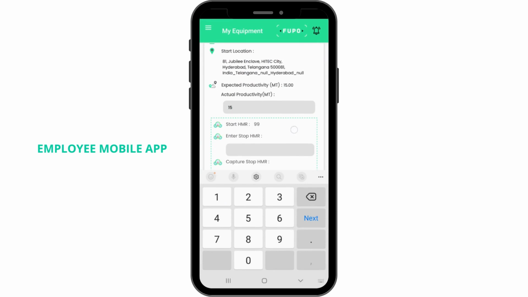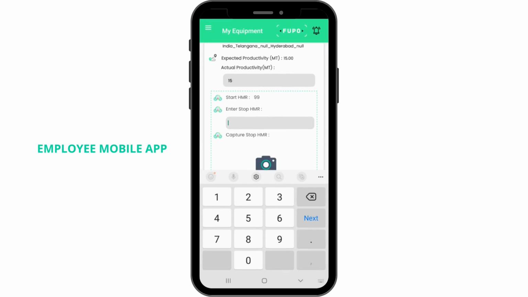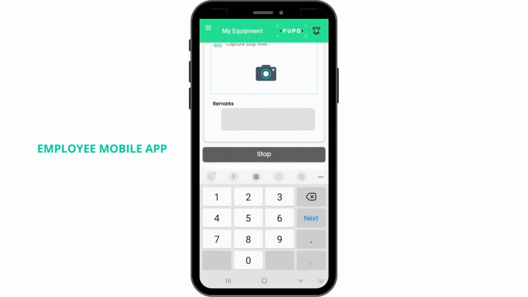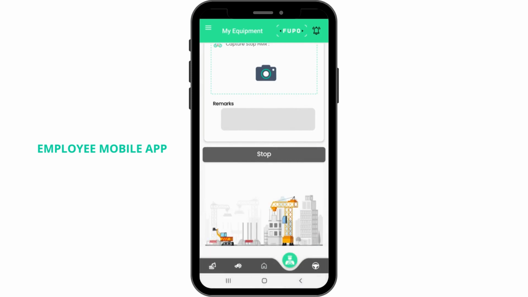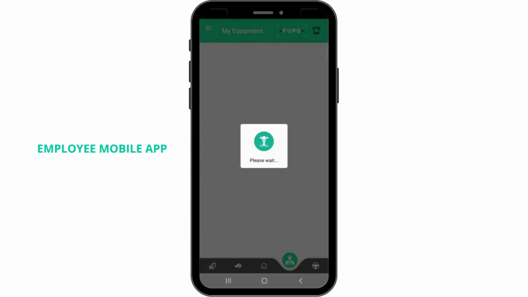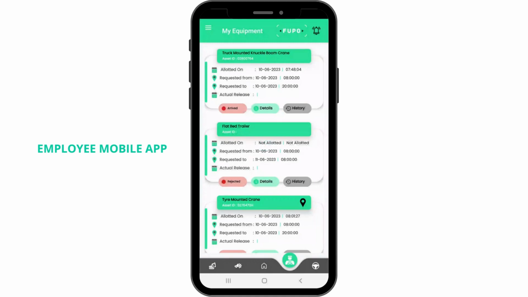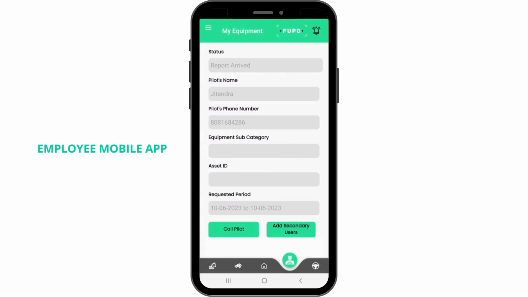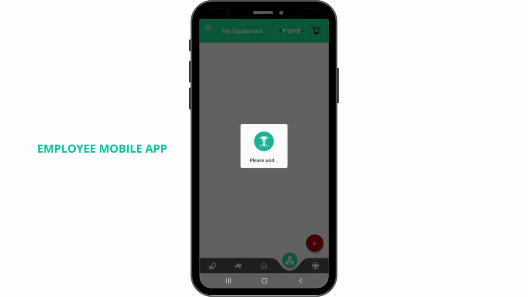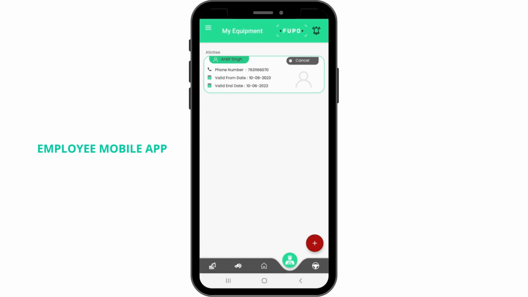At the end of the job, they have to enter the actual productivity, HMR or KMR, of the asset and stop the engagement. This helps in verifying if the actual productivity of the equipment was greater or lower than the expected productivity. For any reason, if the user is unavailable at the requested location at the time of asset arrival, there is a provision in the app to add a secondary user who can start or end the job instead